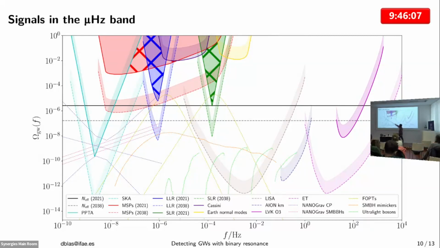Okay. Maybe more importantly, the NANOGrav anomaly. NANOGrav is a PTA observatory, and it has already observed a signal somewhere around here in the nanohertz. It's not clear whether those are gravitational waves, but if they are, they can correspond to different backgrounds with different spectra. The one which is maybe more astrophysically relevant is if those correspond to supermassive black hole binaries. And in this case, the expectation is that the background goes up.